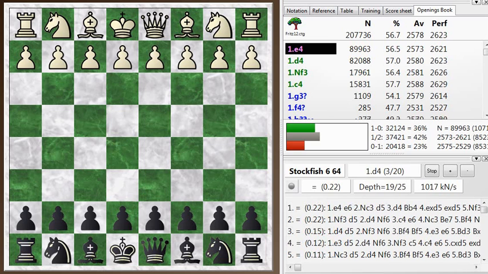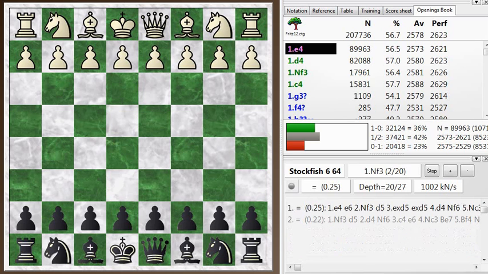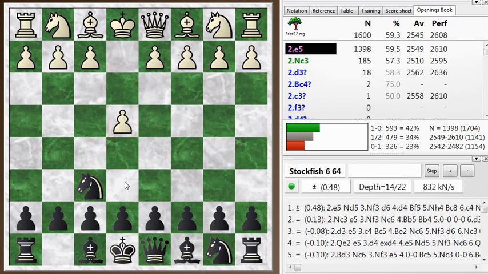Welcome to this Blitz chess postmortem, a postmortem of my Blitz game number 496. I had the black pieces. My opponent played e4, and I decided to go with knight f6, the Alekhine's defense, counterattacking the pawn in the